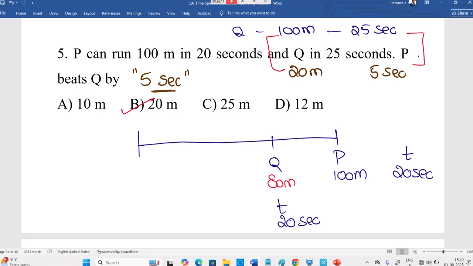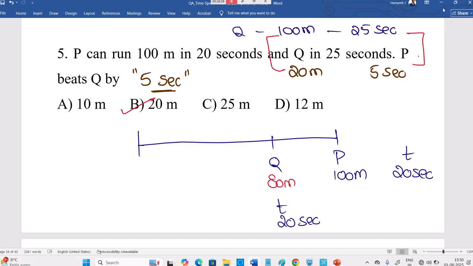I'll just show the introduction again. Same scenario we discussed. In a 500 meter race, let us assume A beats B by 100. A 500, B 400, by the time both are at T seconds. P completes the race in 20 seconds. At that time, how much distance does Q travel? The gap between them is what? P beats Q by that. Sir, I know the speed of Q and the speed of P, and the distance is there, I can calculate. Yes, there is another approach. But from this topic's concept point of view, you can handle it in this simple way.